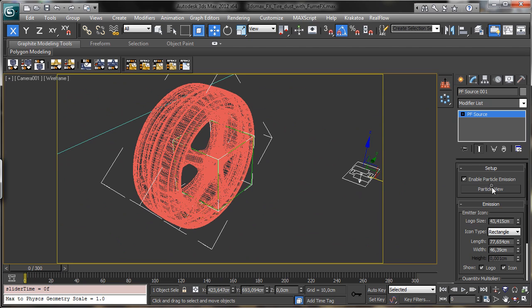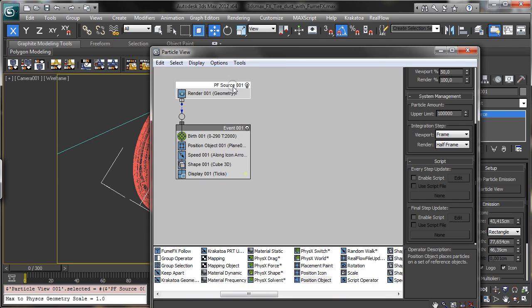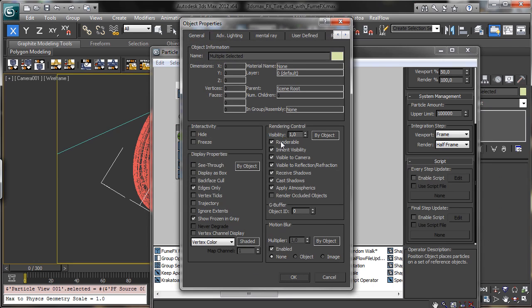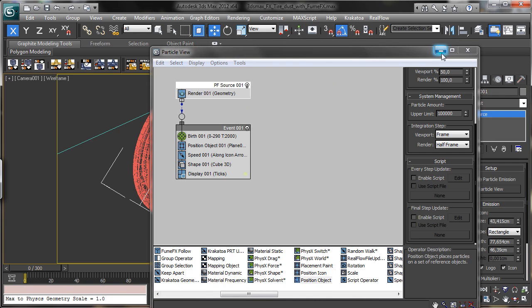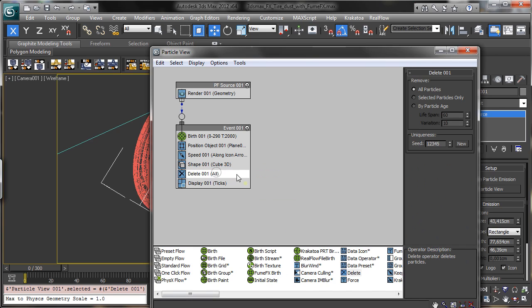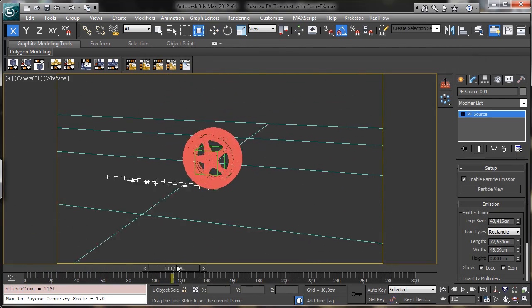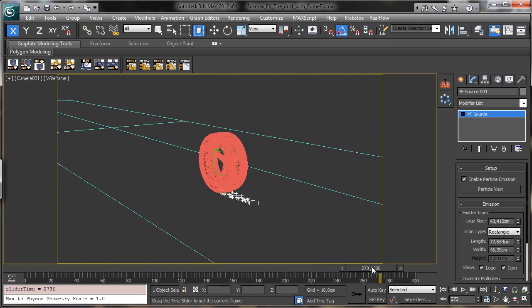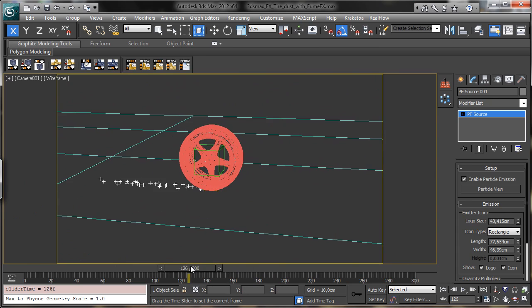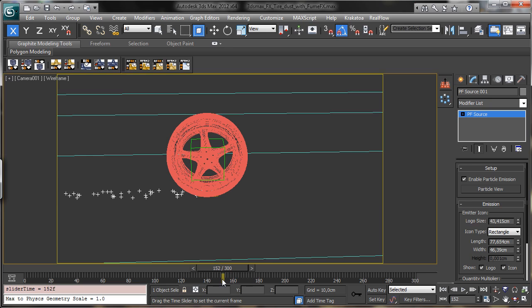Then other thing we have to do in this moment is to select this one, right mouse button, properties, and we have no visibility to the camera because we don't need to see the particles. And then we need also a delete, because we have to kill the particles after some while. Delete, and let's say maybe not so much, maybe let's try with 10 frames and 4 for the variation. So you see the particles has not so long life, because we will have a longer life just inside